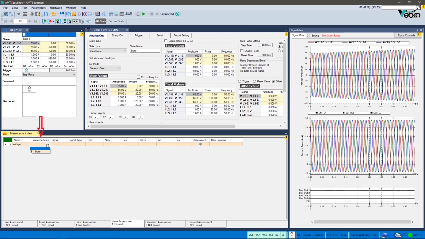You also have to select a state in the reference state column and the intended signal in the signal column for assessment, which is state 1 and VL3E will be selected respectively. In the signal type column, you have to adjust which parameter should be evaluated. Here, this parameter is selected as amplitude, so the amplitude of the VL3E signal in the assessment time is measured